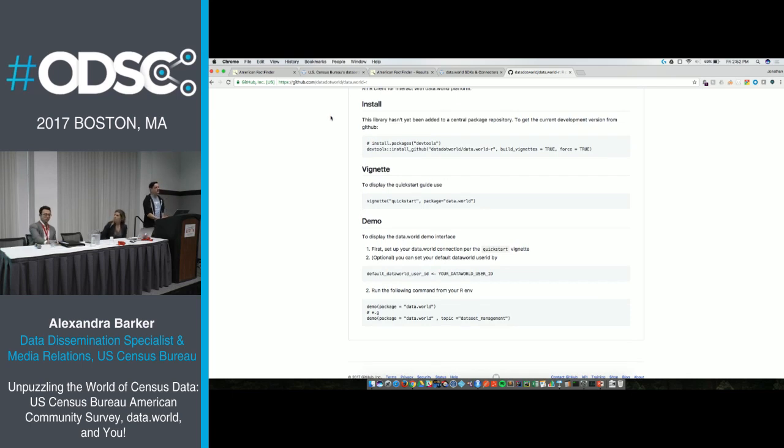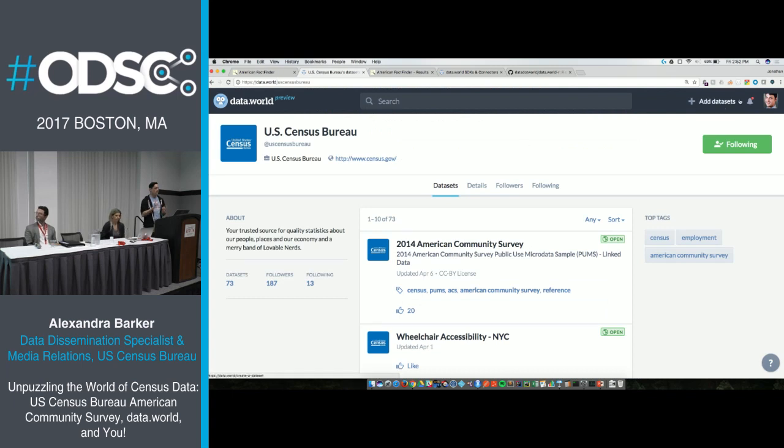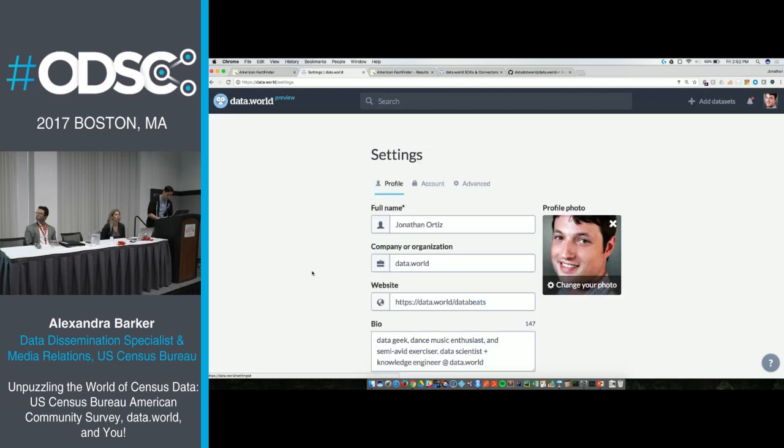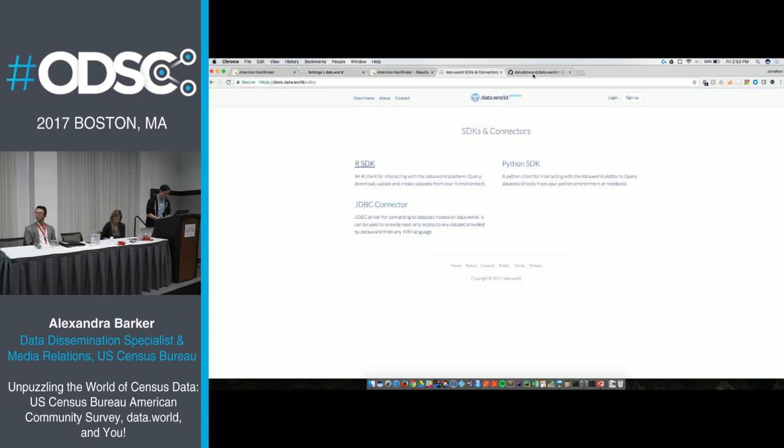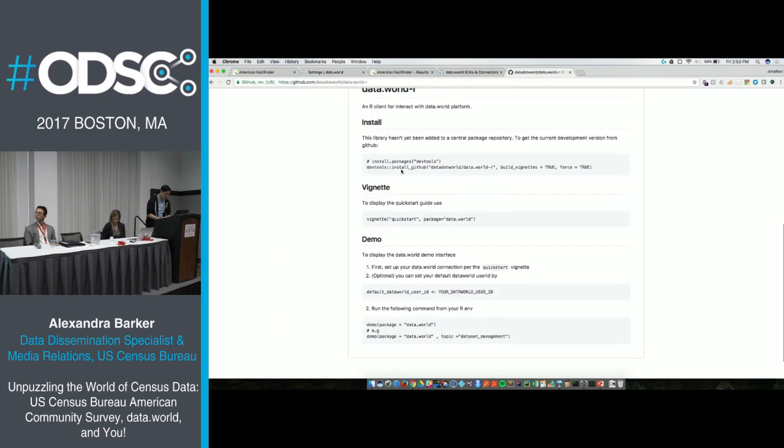You would go to Advanced, get your API token, copy that, put that into a file on your root directory, and then you're pretty much up and running. You'd run this command right here to install that package, and then you can run queries directly from R.